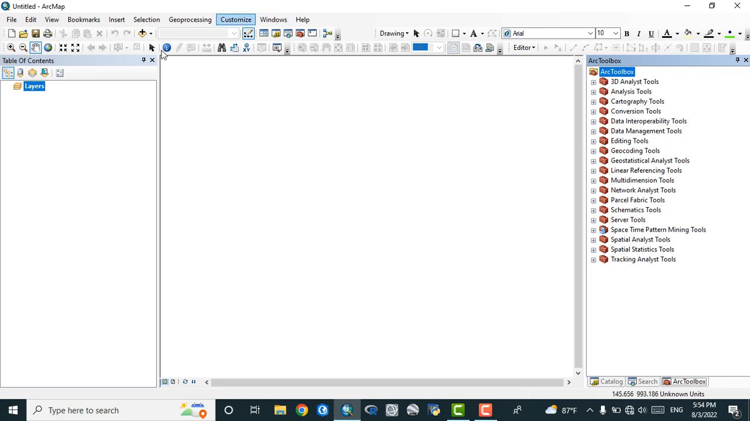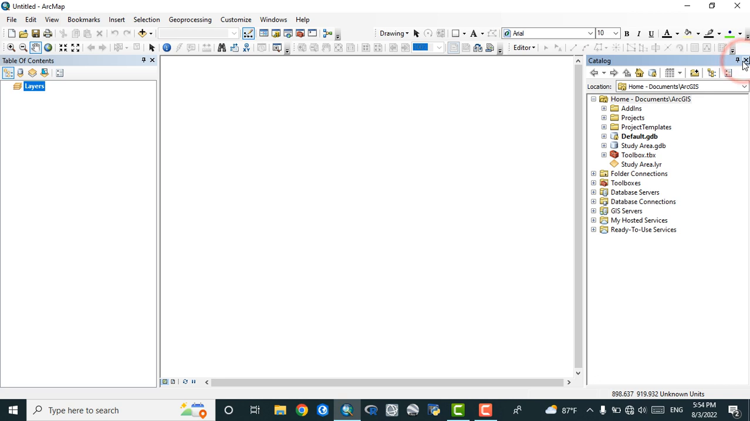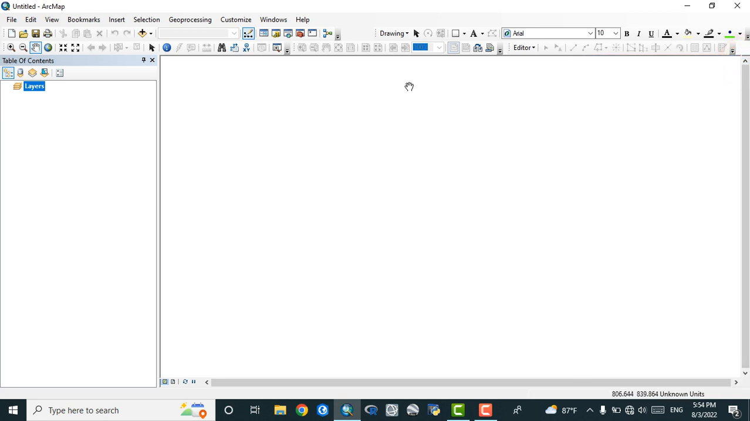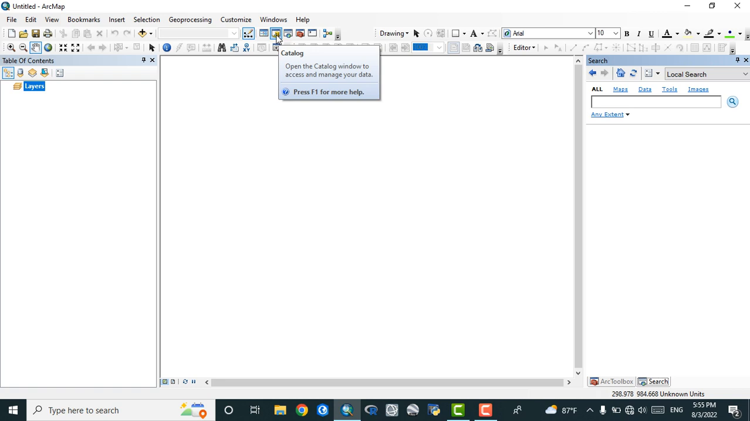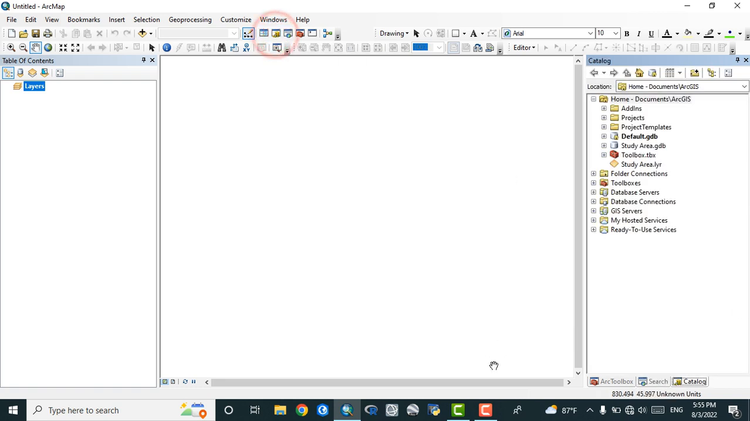So if you want to remove one of these from your desktop or from your screen, you can click only on the close button, and it will be closed. If you want to add them, you can click here and you can add them. So in table of content,